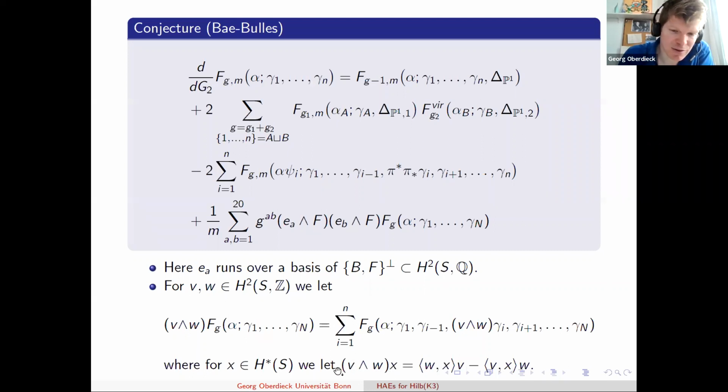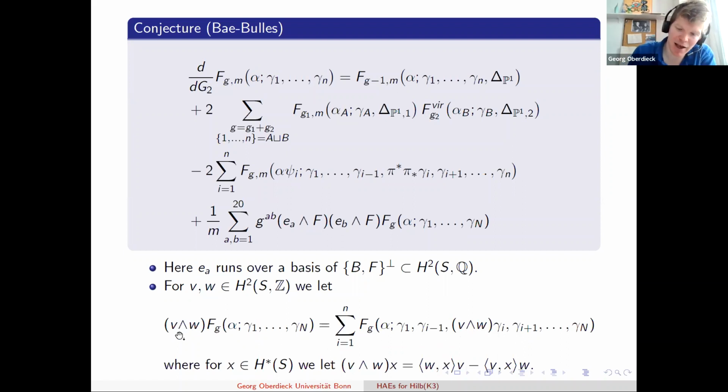So that is essentially wedge 2 of a lattice is naturally isomorphic to the Lie algebra SO of that lattice, and this isomorphism is really provided by this map. The definition is as follows: if you have V wedge W and apply this to the series, we sum it where we apply this to the ith factor. And so essentially this is the natural way to